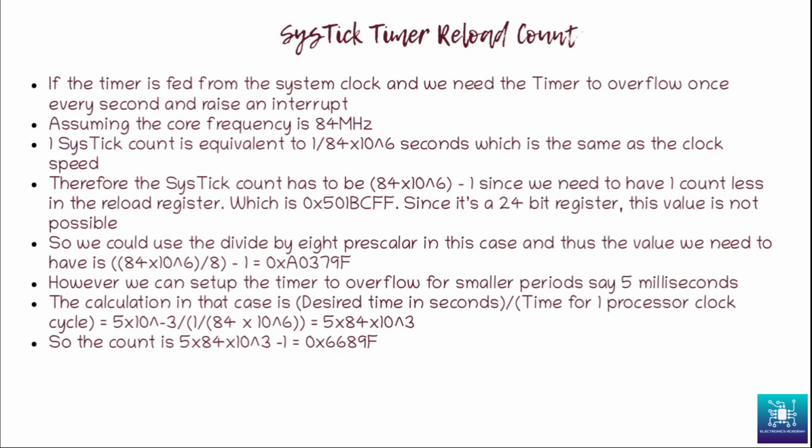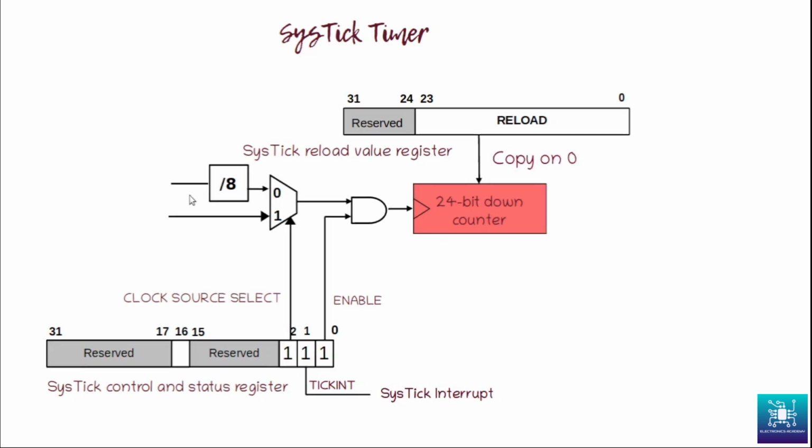Now, how do we calculate the Systick timer reload count? It's quite straightforward actually. If we go back to the diagram of the Systick timer, let's assume that we have the clock directly fed into the timer. Obviously, the frequency of the timer is the same as the frequency of the system. So if it is set at, say, an 84 megahertz clock, which we will be working with,